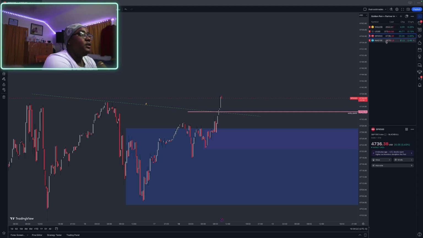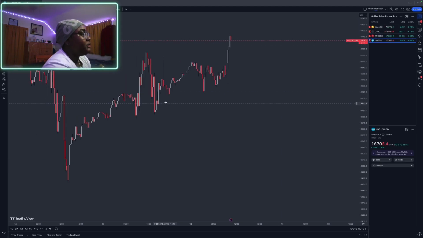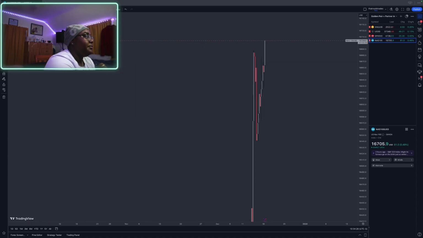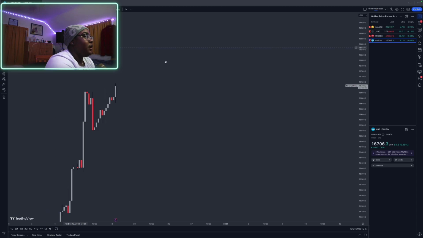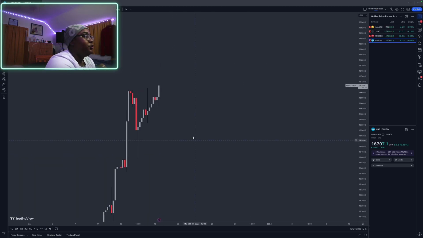Then we got NAS 100. Like I said, the same type of movement. I probably won't trade all 4 of these pairs today, but we're just marking up all of them, you know what I mean? In case something happens. So 4-hour zone, obviously right here,